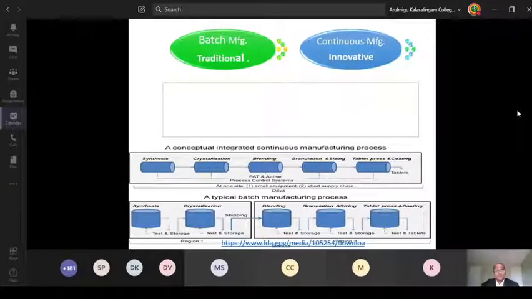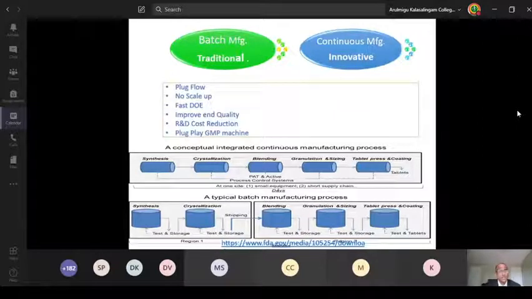So I am going for the traditional manufacturing towards the continuous manufacturing innovation. In the traditional manufacturing, as we have seen in the earlier slide, each unit operation is a segregated, separate entity, right from dispensing, blending, granulation, then compression, then coating. But in continuous manufacturing, in one step you can complete all the manufacturing processes. Typically, that's what the FDA is looking for: innovation in continuous manufacturing.